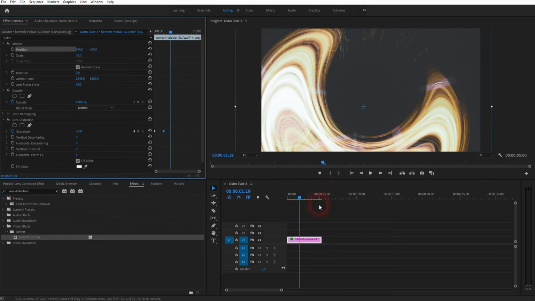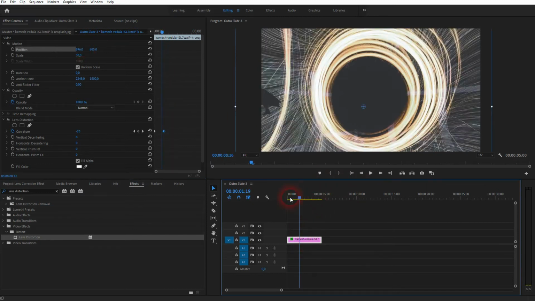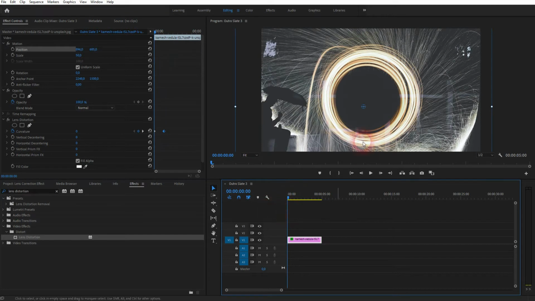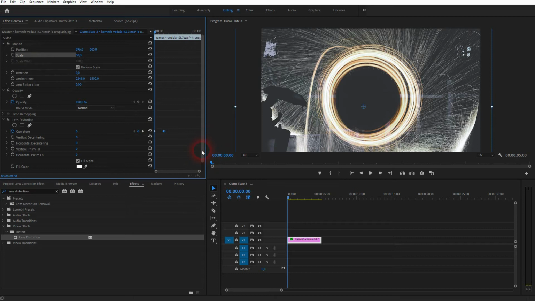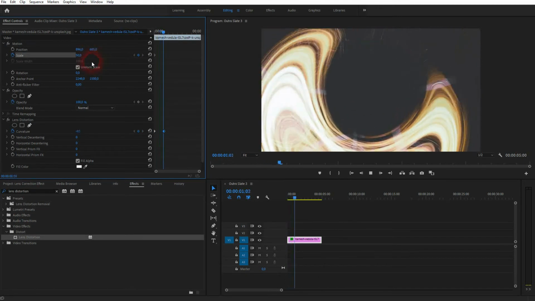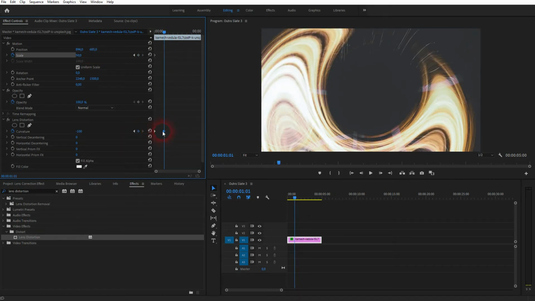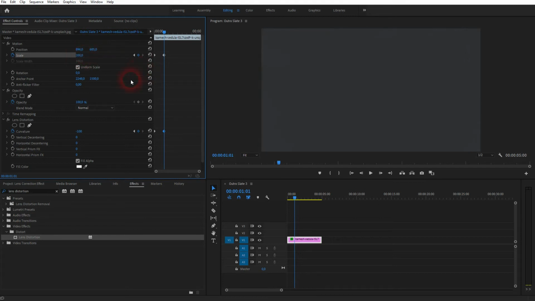And additionally, we want to scale it up in the end so that we've got a fully black screen. And we can use the scaling. I go to the starting position, click on the animation icon. We keep the position. And now we want to go to this keyframe for the curvature of the lens distortion, and then click on this icon to create a new keyframe for the scaling,